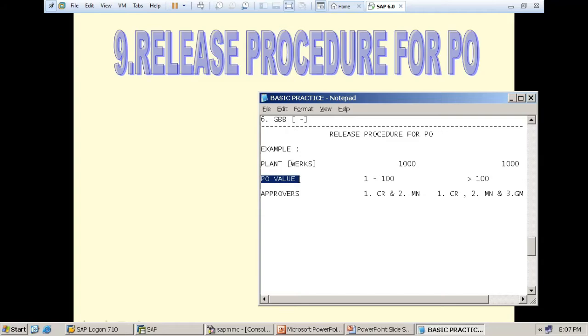To get this, first we go to SC11. In the table we put CEKKO, then display. There you can find the PO net value. Okay, let me check.